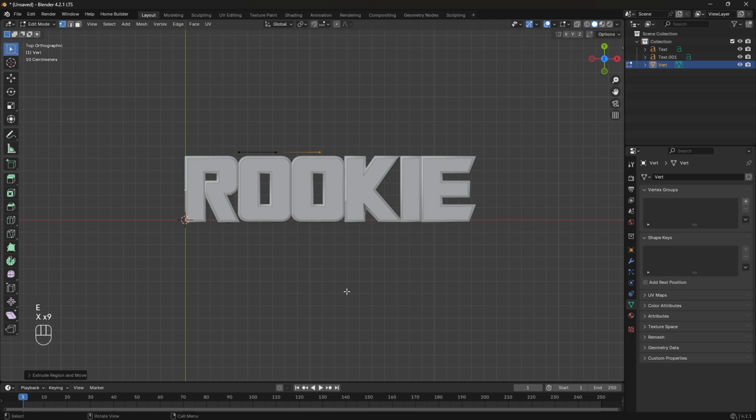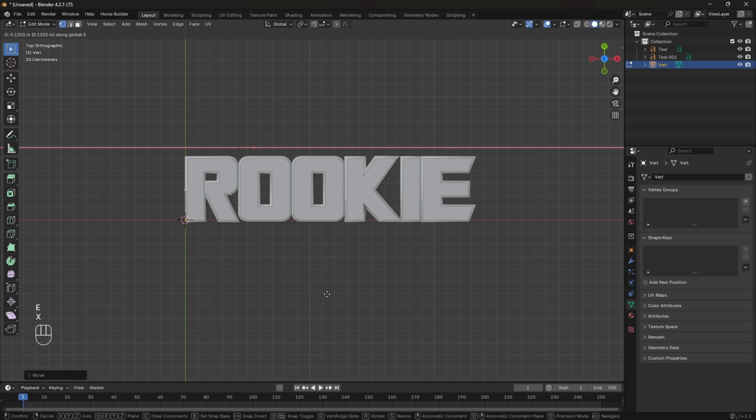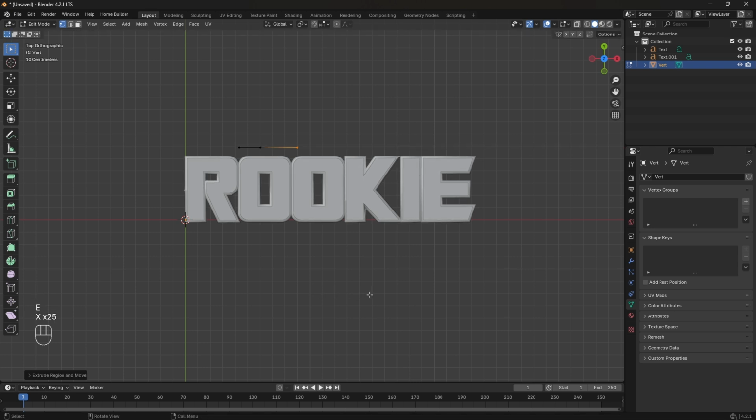And what I'm going to do is repeat this process. I ain't going to worry about going into the curves and making it all fancy. Actually, what I am going to do is move this up a little bit so we have a little bit more space to work with. I'm going to move it up to about right there. And we're going to EX to extrude this all the way